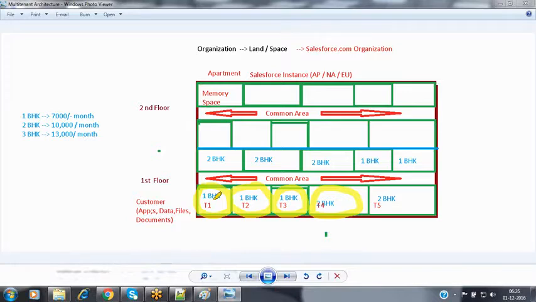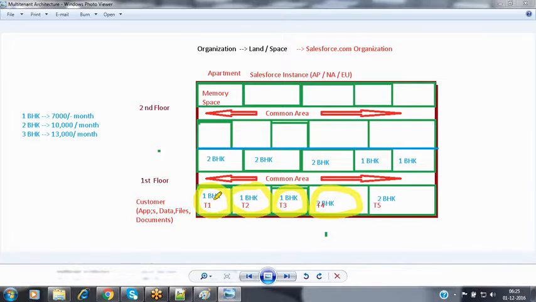apartment, in a single apartment, we have various flats available here. The apartment belongs to a builder or an organization. So this apartment is a property belonging to a builder or an organization. Whatever space is there inside the apartment, they divide that whole space into various small portions. Those are called flats. Now each and every flat has some space. In that space, that particular tenant can place their household items